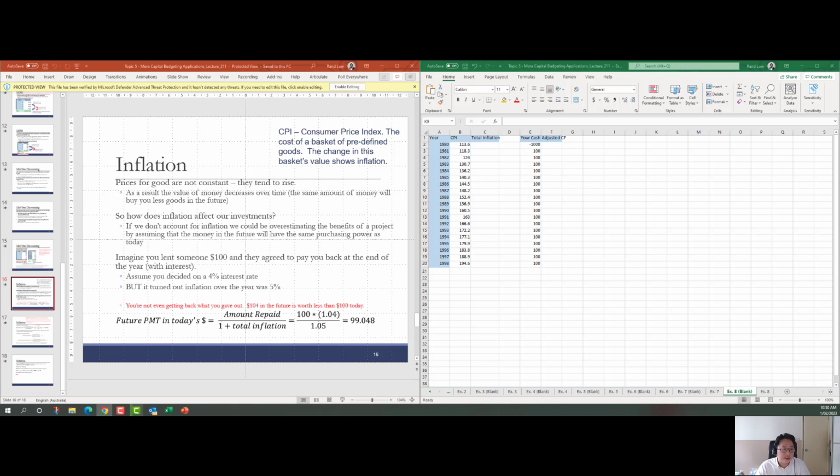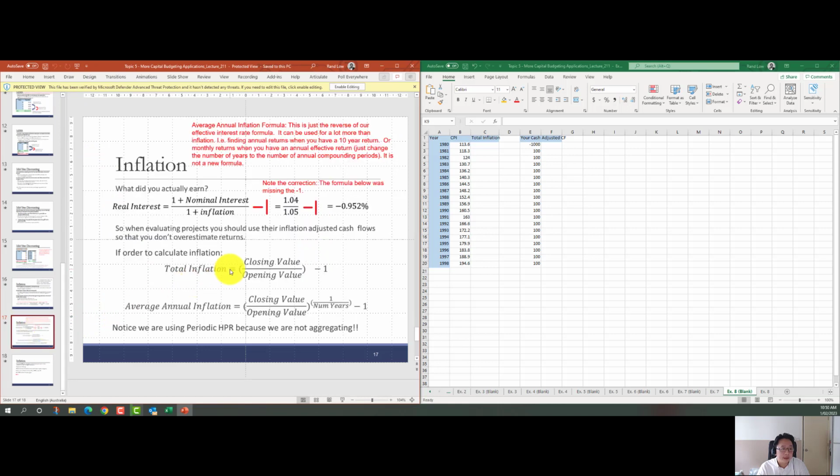Okay, so let's think of it this way. Imagine you lend someone $100 and they agreed to pay you back at the end of the year with interest. But you decided on a 4% interest rate, but it turned out inflation already was 5%. So that means you actually lost money. Okay, because if we look at the amount that was repaid, which was 100 times 1.04 divided by 1 plus total inflation, you actually got back $99, which means you lost out on a dollar. So that's inflation, and I think we know inflation quite well. Okay, so the point is we need to include inflation in our